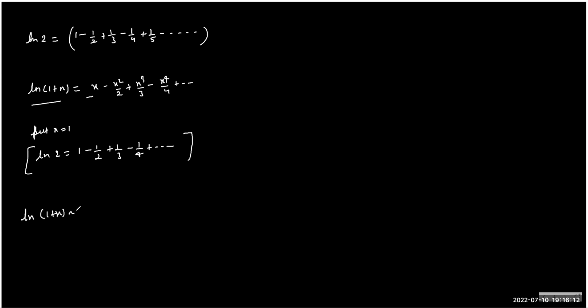So ln(1 plus x) is roughly equals to x if mod of x is very, very small than 1. So if x itself is very small, we can convert the log into a linear function. And these kind of things are used in solving questions of thermal expansion or wherever approximations are used. Okay, anyway. So just for the idea, we solved this question so that you are aware of why questions like this come into the picture.